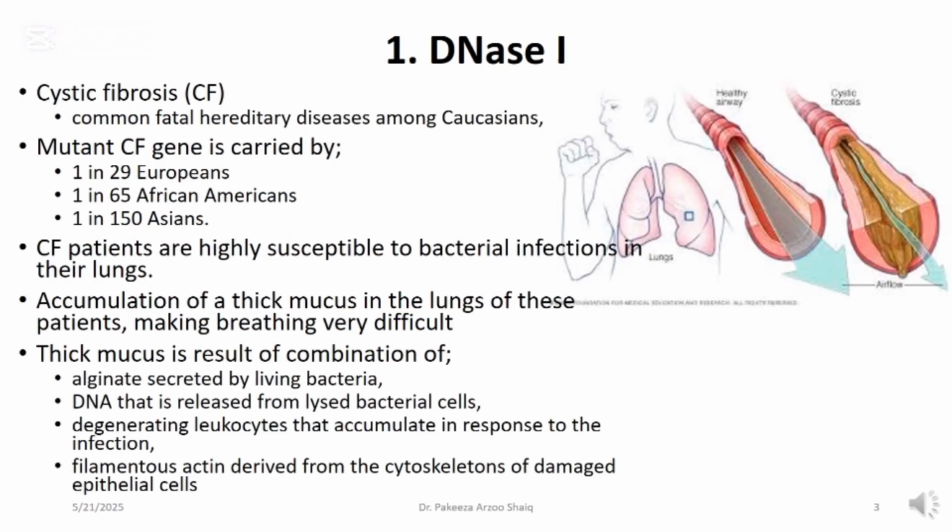So let's begin with DNase-1. But where are we going to use this DNase-1? We will use it for a pathological condition known as cystic fibrosis, which is a common fatal hereditary disease most